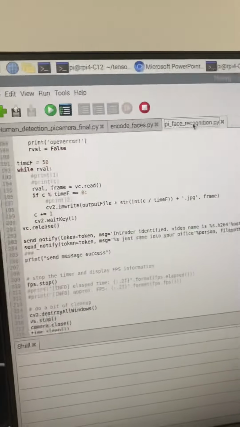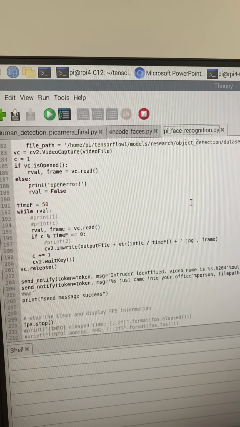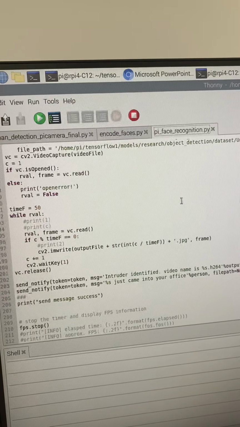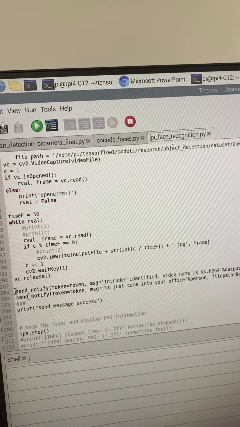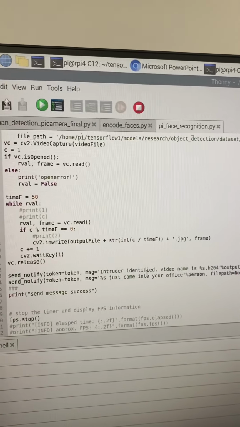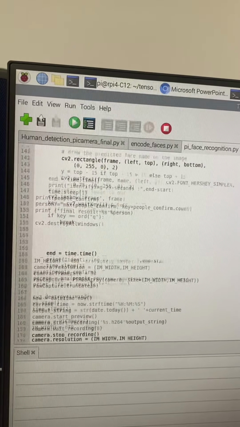And then we have the PI recognition. Some part of the code was adopted from online GitHub. From here you can see this part is for actually sending a message to Line. But how does that happen? It happens through this token. This part